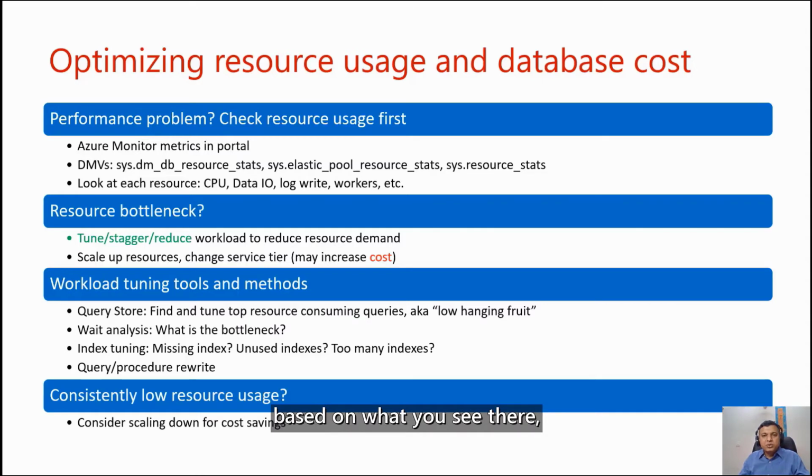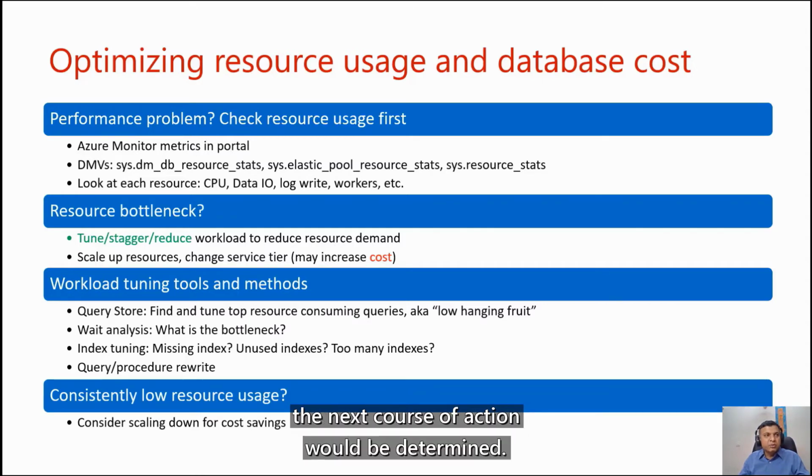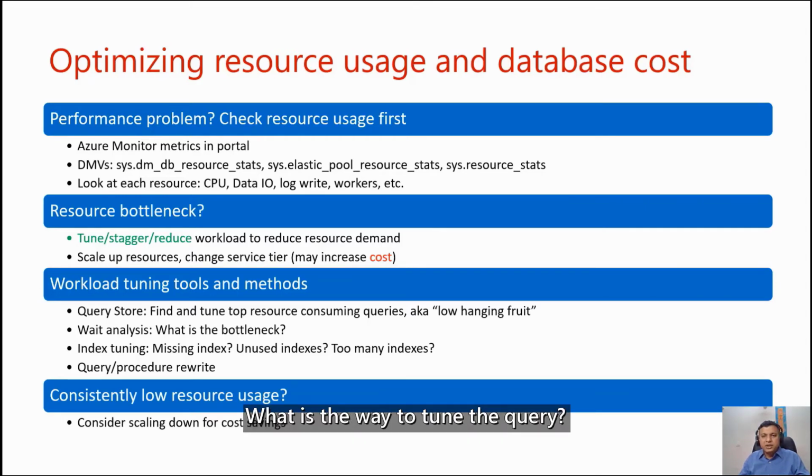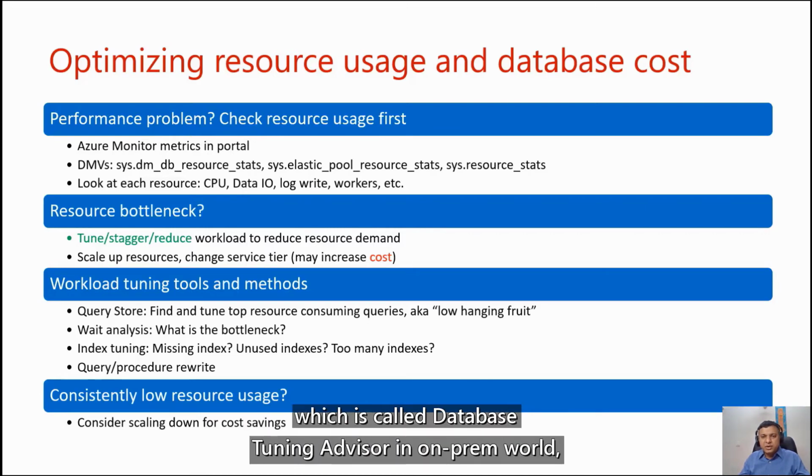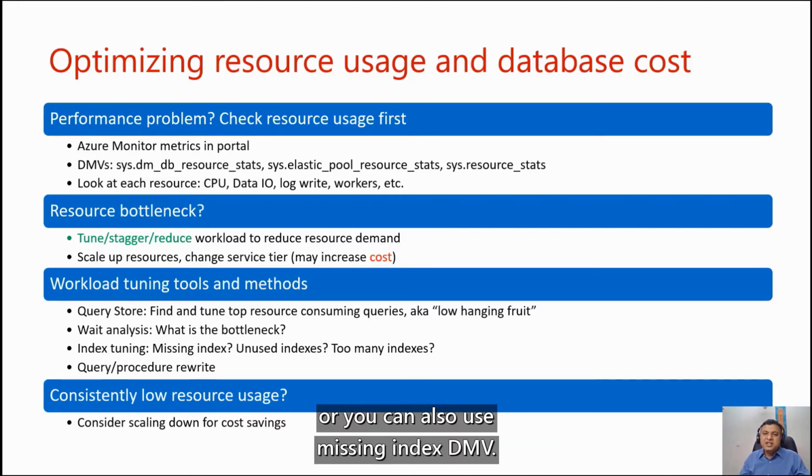Based on what you see there, the next course of action would be determined. Now, let's say you found a query which is running slow. What is the way to tune the query? The way you tune the query would be either by using a tool called Database Tuning Advisor in the on-prem world, or you can also use the missing index DMV. Missing index DMV is going to tell you if you have any missing index, which can help run this query